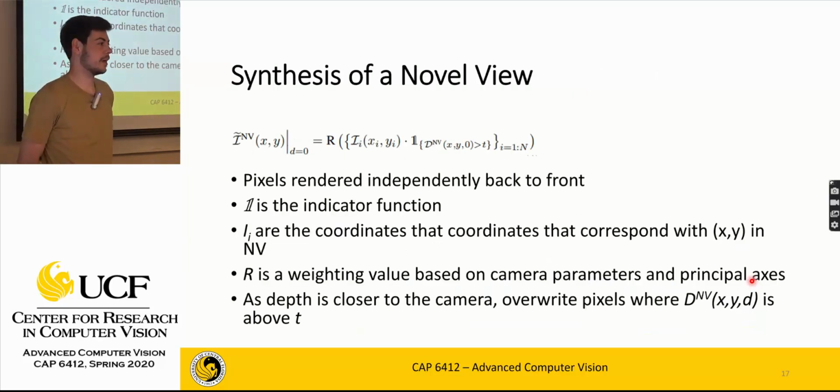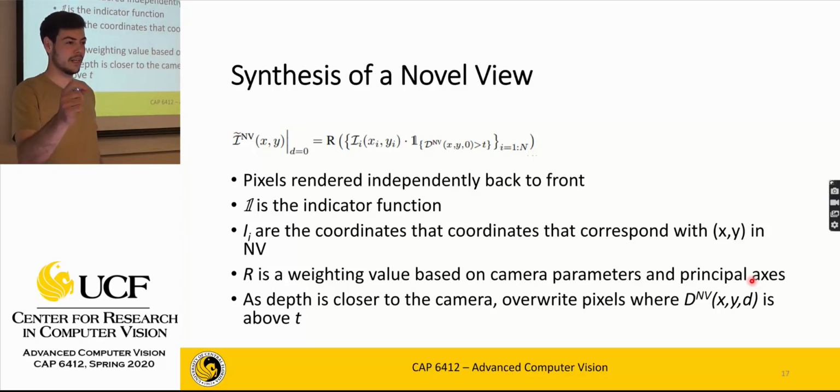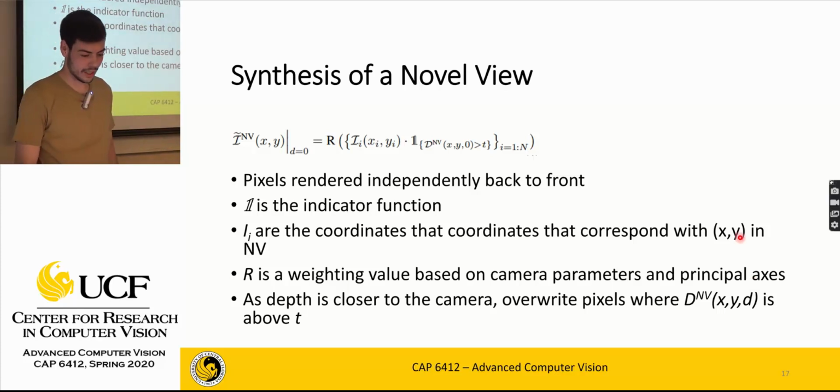So once we have the final disparity map of the novel view, you can then synthesize the actual image. This is done pixel independently from back to front. The reason they do it from back to front is because they want to synthesize these objects as they come. So with an object in the background, it might seem fine for one disparity map, but as other disparity maps give information that shows maybe there's an object closer, we want to override that pixel. So that's what this 1